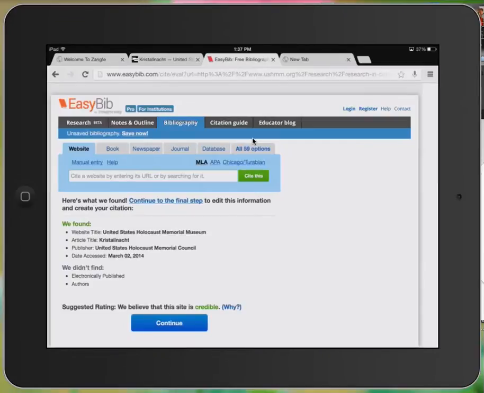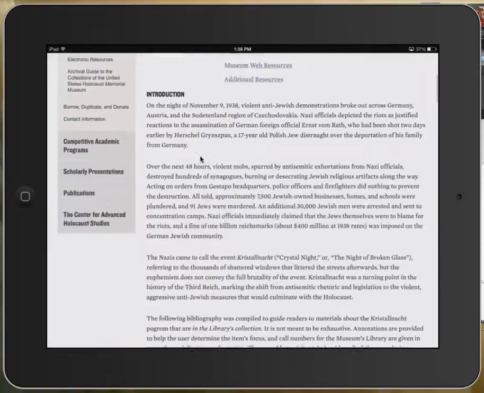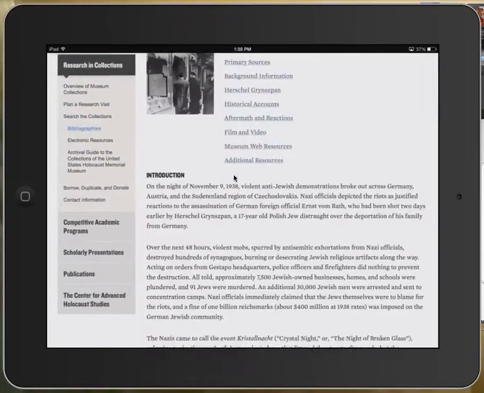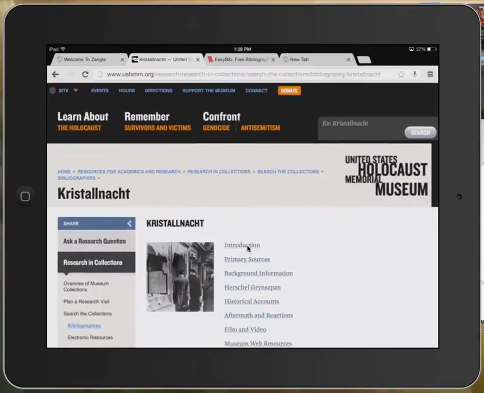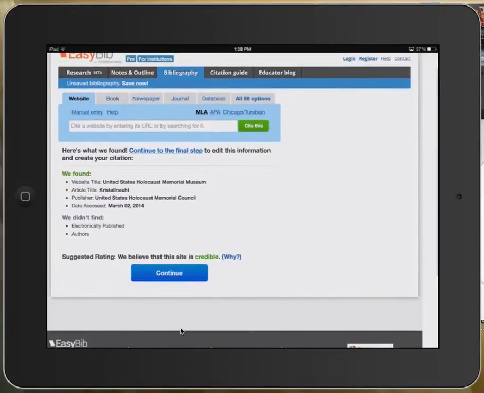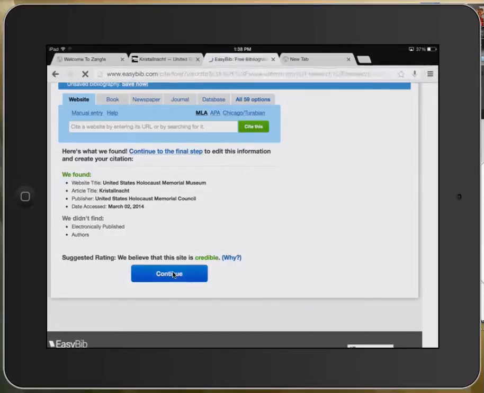EasyBib is really good because it tells you whether the website you're using is credible or not. It tells you down here. So this is a good website to use. The only thing that they didn't find was the date that it was published or the authors. But if you go back to the article, that information isn't on here, so it's okay if you don't include it. So from here, just go to continue,